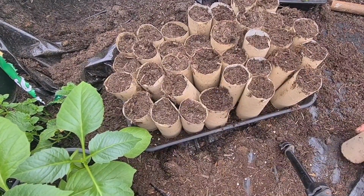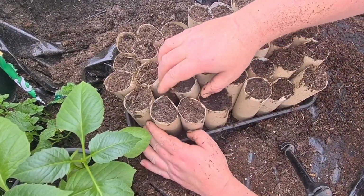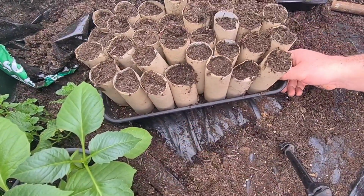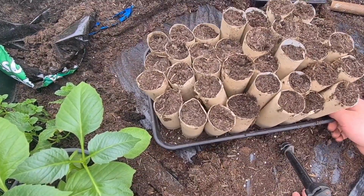Right, this is the last one, just in there like so, and that just stops moving about as much. Then I'll probably get another one in that corner actually, so that a bit later. So yeah, I'll just push that out of the way. So that's these done. What we need to do then is,